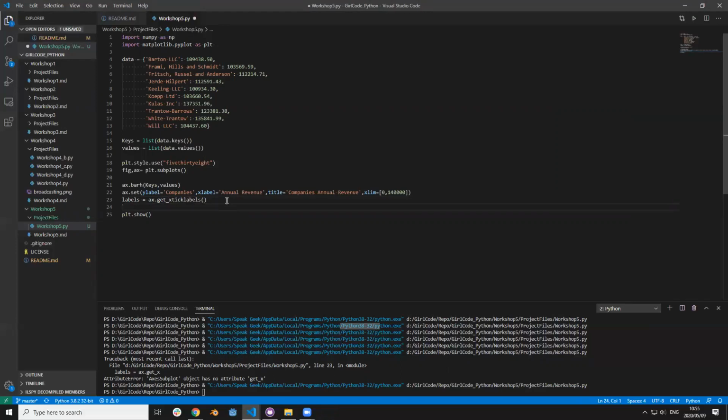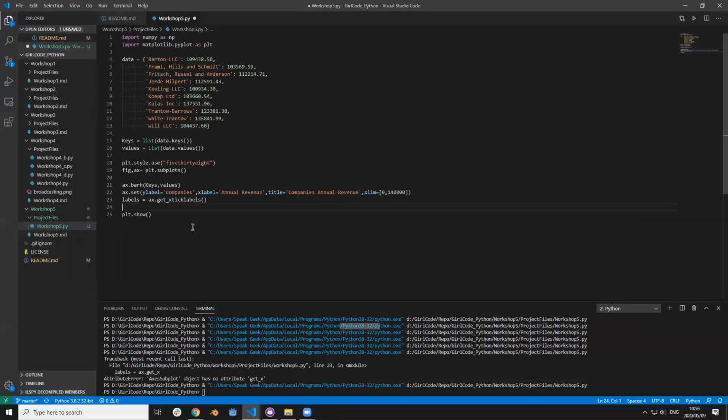To modify these values, you can't just perform operations straight on the labels, because it's now a list of values, and each one of those values represents a data object that is one of these tick labels, right? So technically you can loop through them and set each one of their values to be a specific thing that you want it to be. There's nothing stopping you from doing that, but